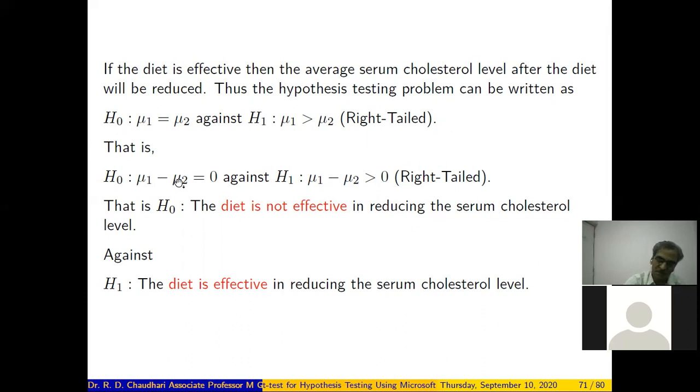The same can be written in words: the null hypothesis is that the diet is not effective, since the serum cholesterol levels are the same, in reducing the serum cholesterol level. Against, mu1 minus mu2 is greater than 0, that is mu2 is smaller. It means that the diet is effective in reducing the serum cholesterol level.